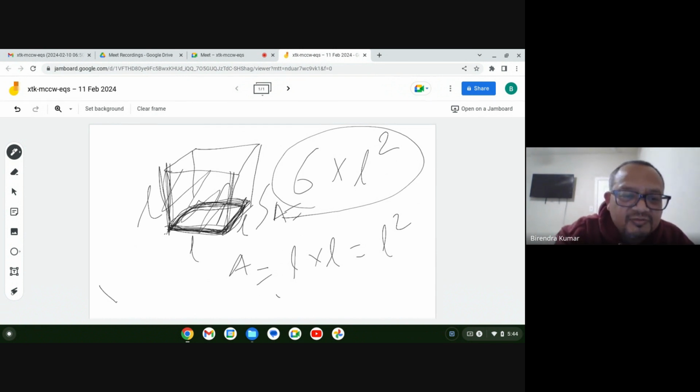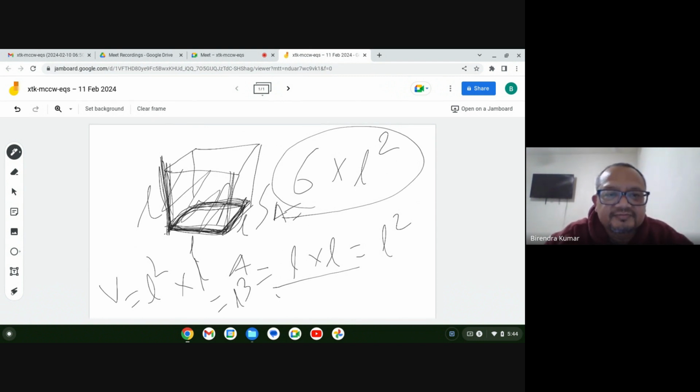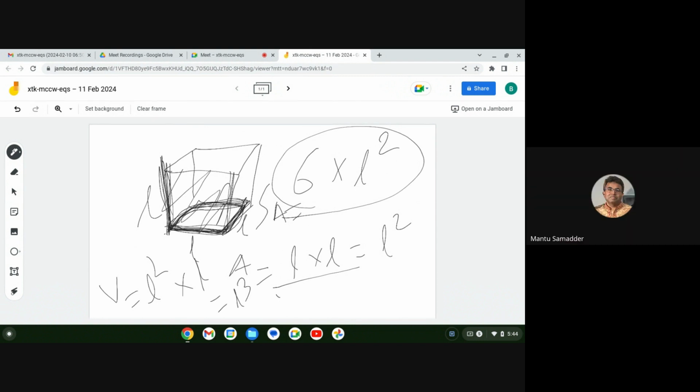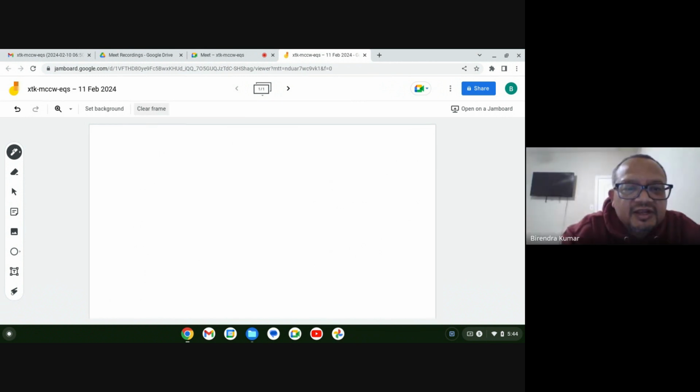So my volume is equal to area, which is length square, times the height. Height is also length, same. So volume becomes length cube. Or another way you can relate is if I have a cuboid,